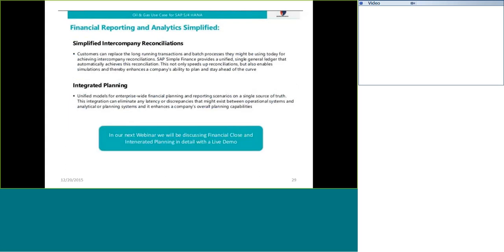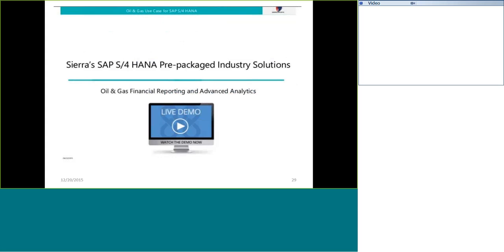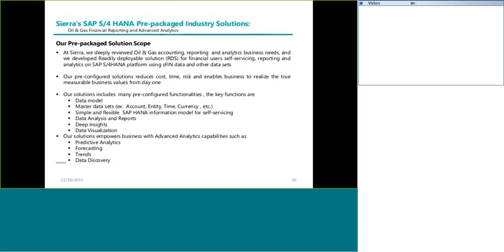Next, as reporting analysis, here let me show all the reporting integrated applications. First, pre-packaged solution packages like data model, master data set, simple and flexible data analysis and reporting, deep insight, data visualization, and solution empowerment, predictive analysis, forecasting, trends, and data discovery.